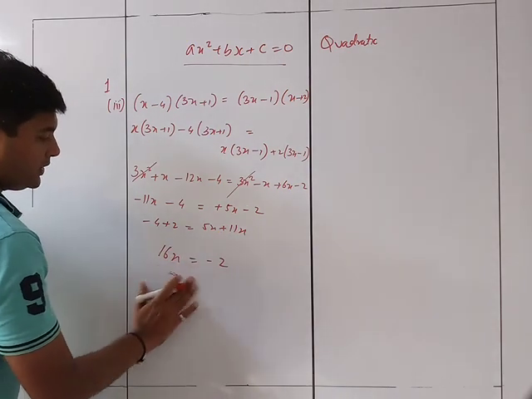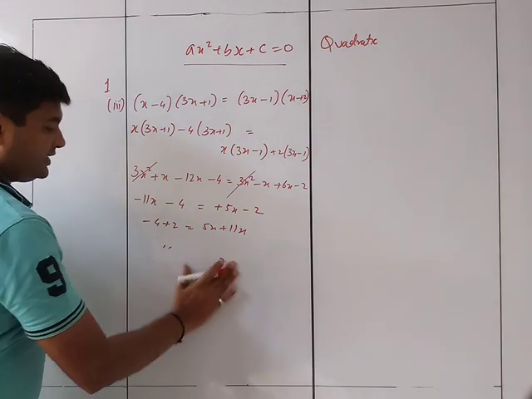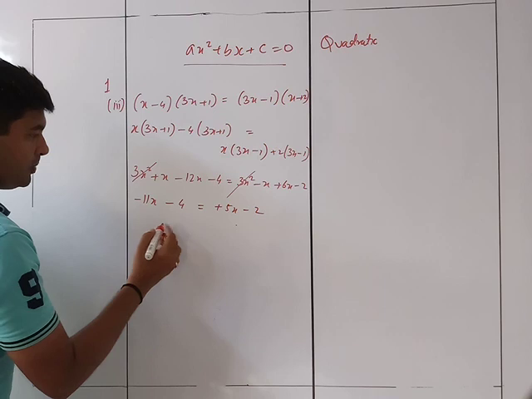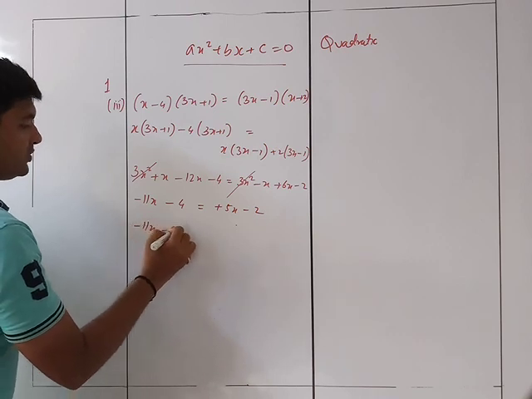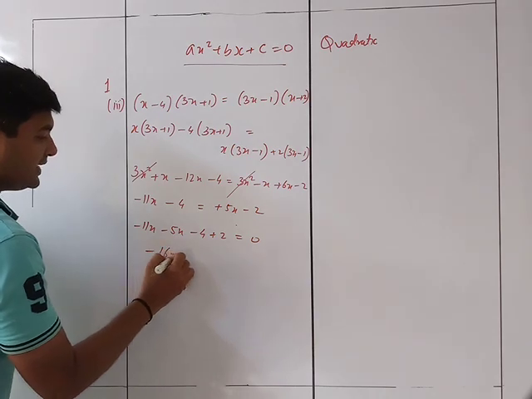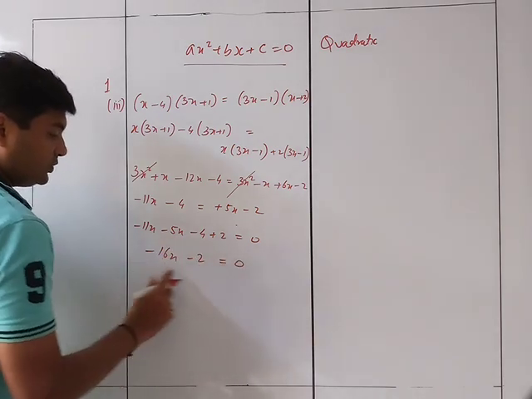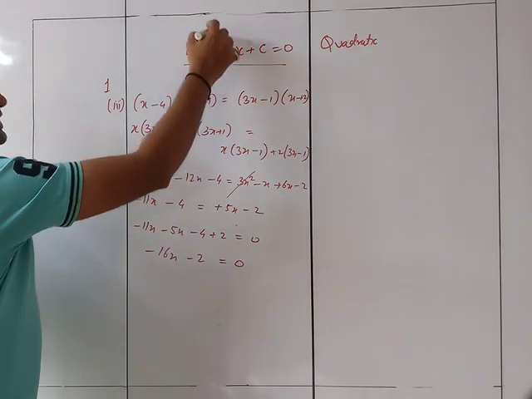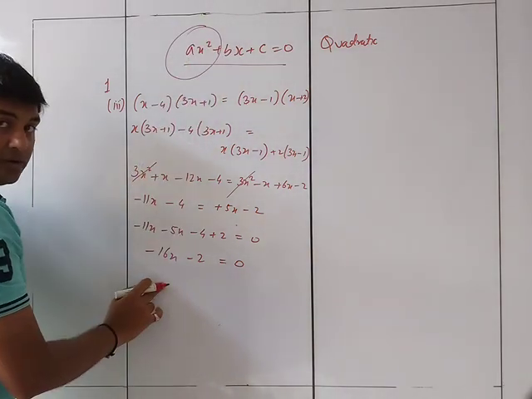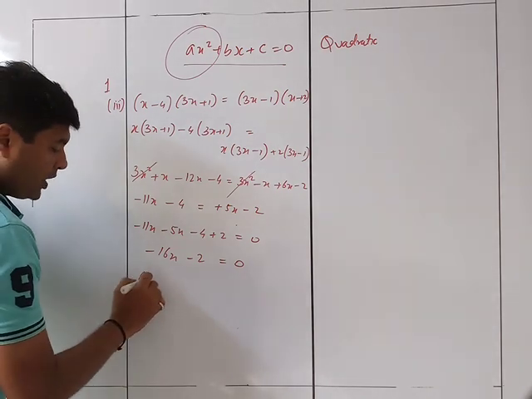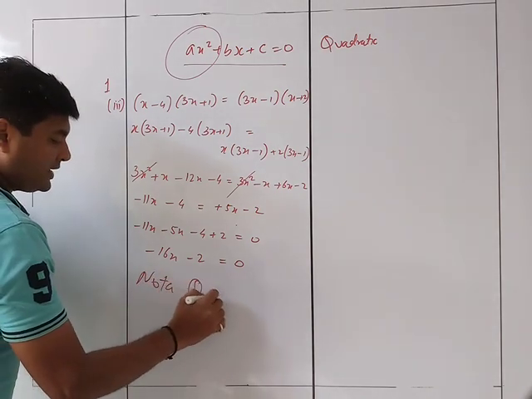So over here you can see, taking everything together, that will be better. So minus 11x minus 5x minus 4 plus 2 is equal to 0. So minus 16x minus 2 is equal to 0 is the equation. You can see it is not in the form ax square. This ax square is missing over here. Because it is missing, that's why it is not a quadratic